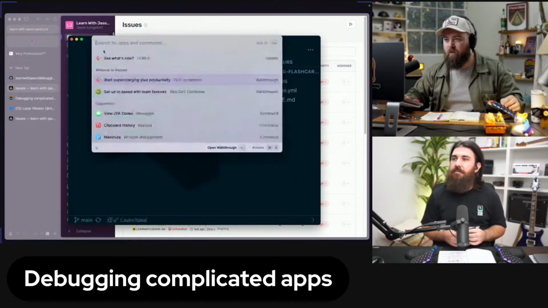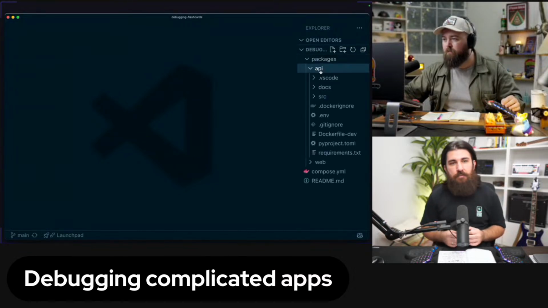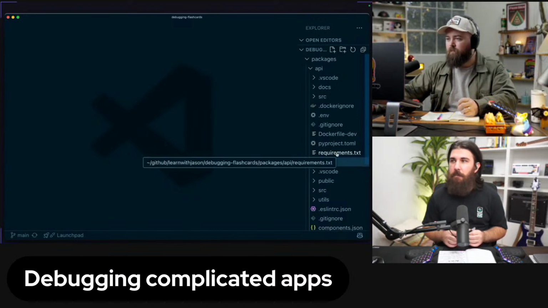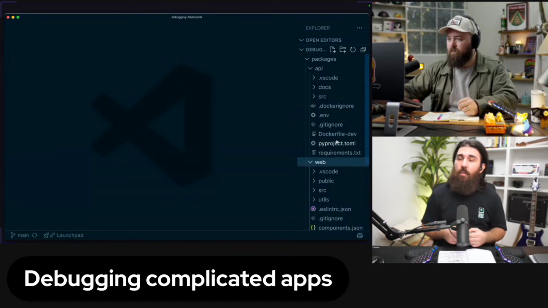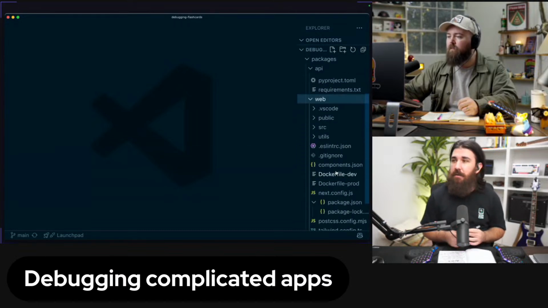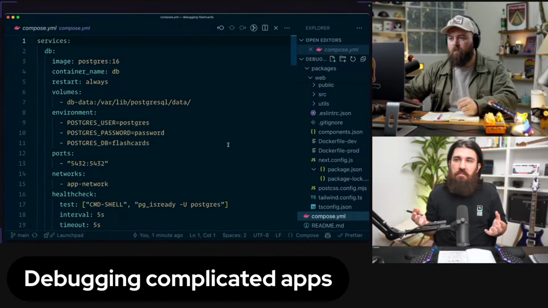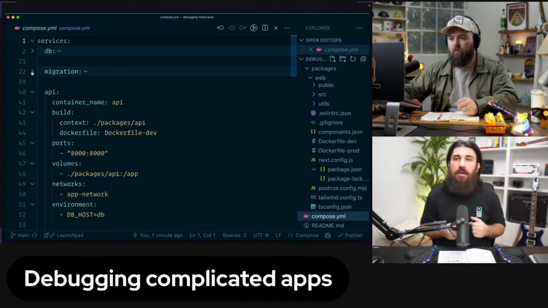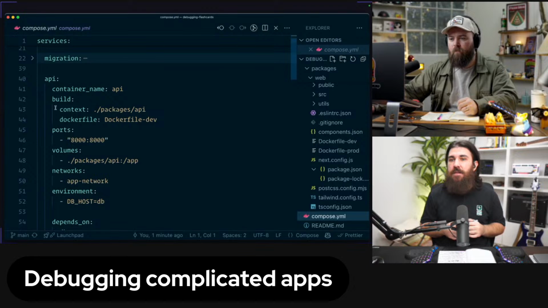Nice. All right, so let's talk about the demo first. It's not a monorepo. It's just a repo with two different projects. The API is the backend, which is in Django, that's Python. And the web, the front end, is a Next.js application. And at the bottom, we have a compose .yaml file that basically boots up the whole environment. We have a Postgres database. Here we have a migration script that applies the Django models into the database. And yeah, we also have the API there, and we also have the web there.